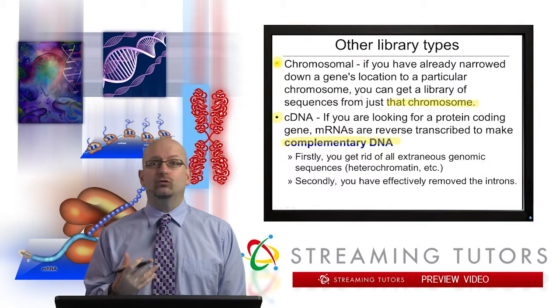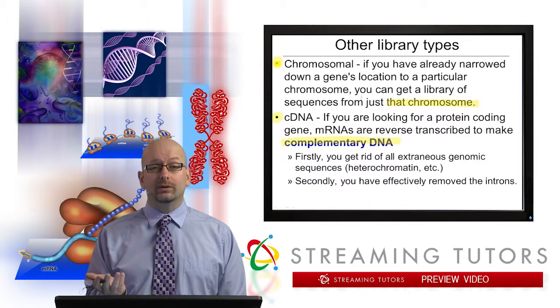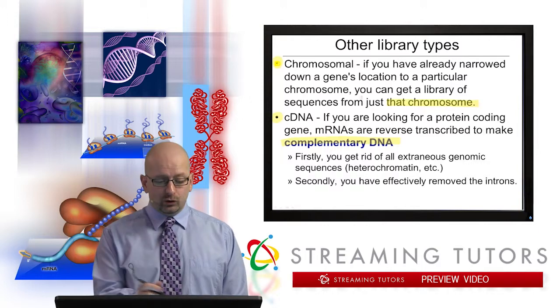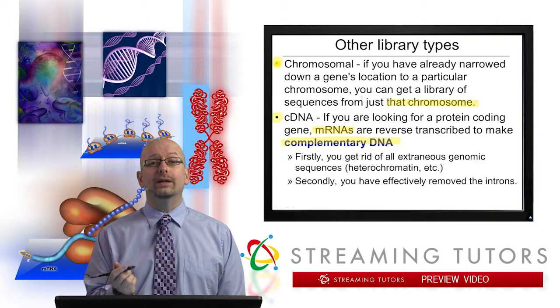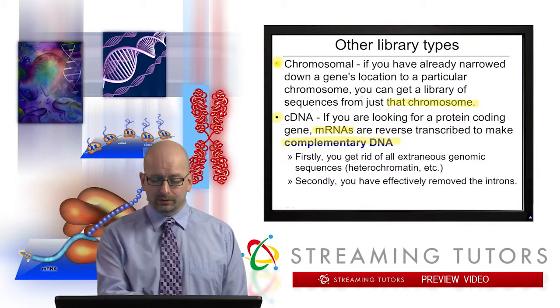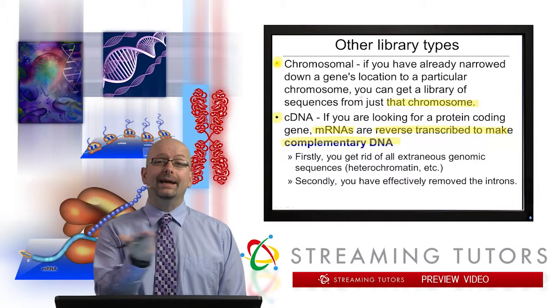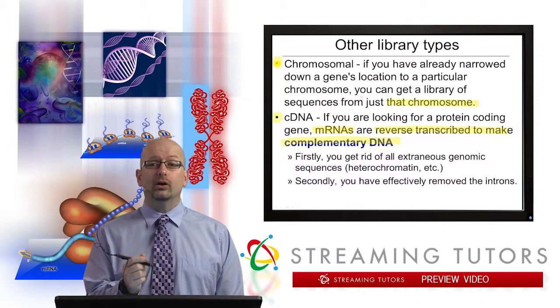In other words, you could make a cDNA library from the liver. I should say what it would have is all of the DNA sequences corresponding to proteins that are expressed in the liver. But how you do it is really cool. You get the relevant messenger RNAs and then use the enzyme reverse transcriptase, which naturally occurs in retroviruses, to backwards transcribe and make that RNA into DNA, but it's cDNA. And look at the beauty of this. Not only are you